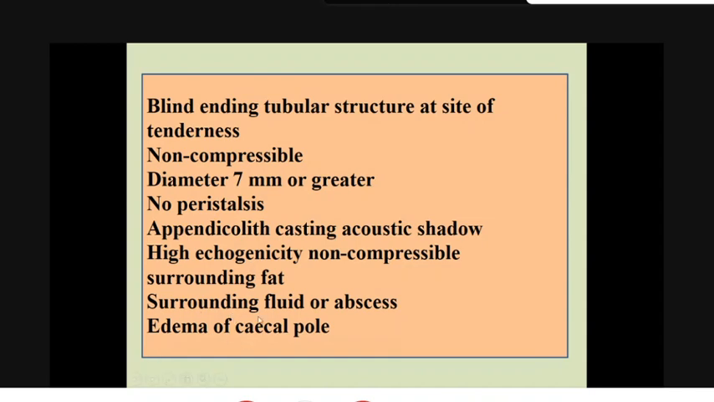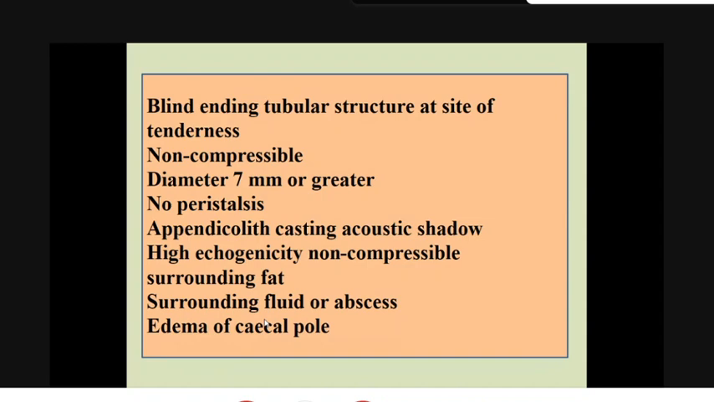Surrounding fluid or abscess. Surrounding the blind ending appendix we can see a fluid or abscess, and the last sign is edema of the cecal pole. From all these signs, the most sensitive sign is an uncompressible appendix with a diameter of 7 millimeter or greater. Non-compressible appendix with a diameter of 7 millimeter or greater in the region of maximum tenderness is a sign of